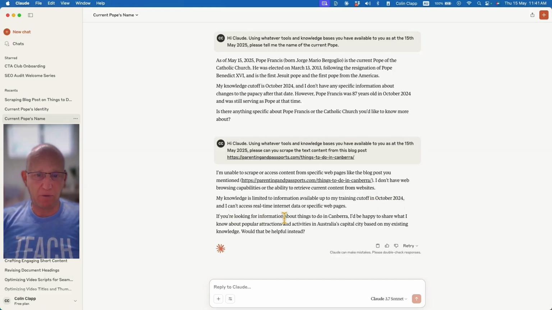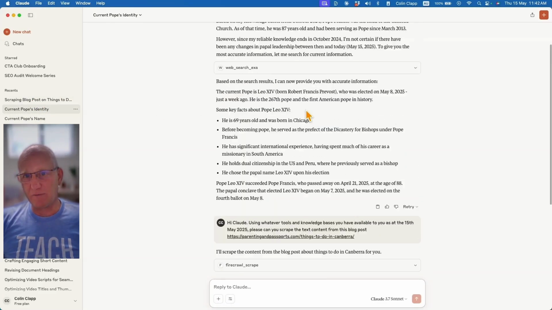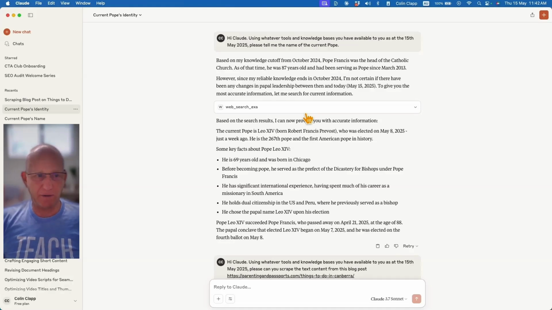Now, of course, it can go looking for things to do in Canberra, but that wasn't the purpose of this exercise. Let me show you, if we start a new chat, how things are different. Actually, I'll show you this one here. This is with the new things involved. I have a free version of Claude, so you'll see why I had to do a second message. But this chat was run a few minutes later with MCPs enabled, and I'll show you how that happens in just a minute. As you can see here, the same prompt,